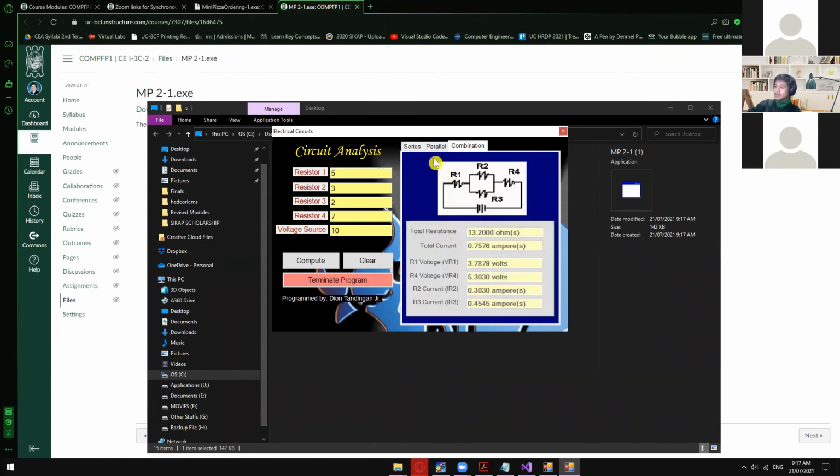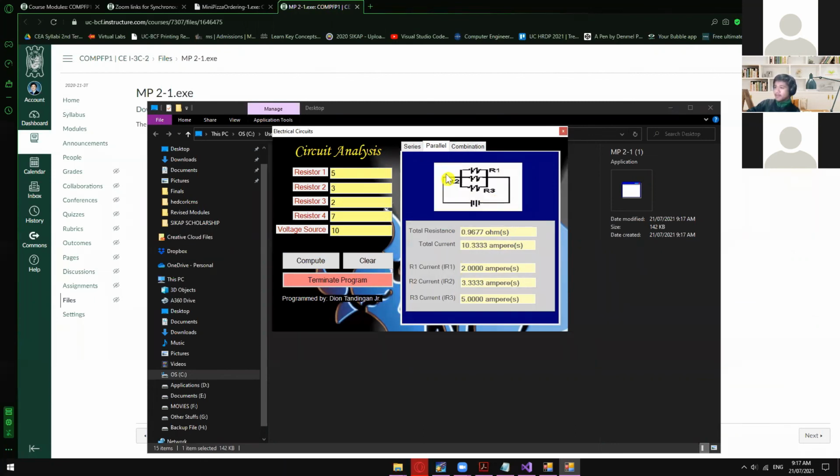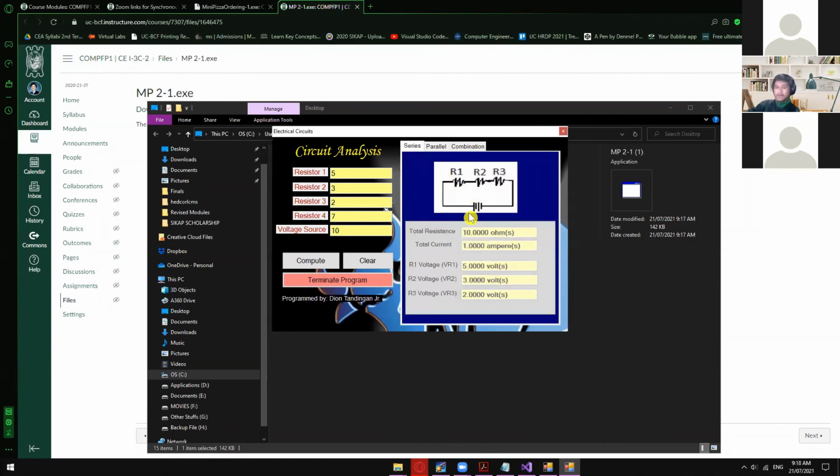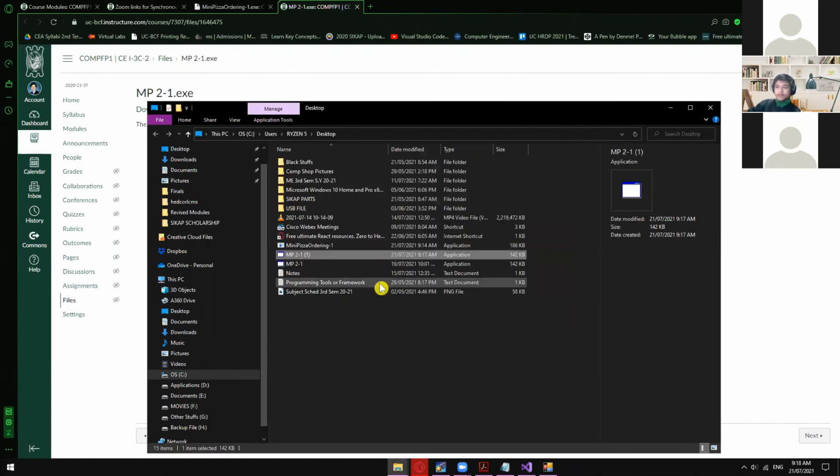So the only thing that you guys need to maybe research about is how to solve or how to find the formula of this combination. For the parallel, I guess you can find a lot of similar examples with this one on the internet, so you can figure out what is the correct formula for this parallel. And for the series, we have a lot of examples of this one, okay, on module 7. So just recheck module 7 and you will see how to do this total resistance, total current, voltage drop on R1, voltage drop on R2, etc. Okay,